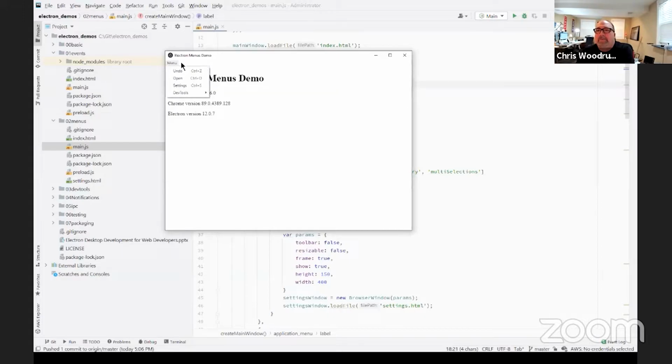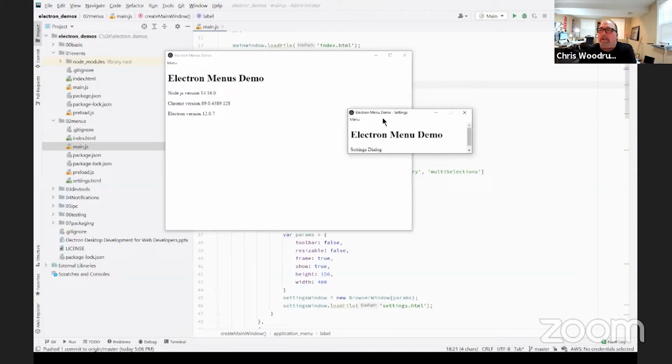I have a very simple menu with a few different menu items. I have dev tools, which I can open and close. And then I have settings. As you can see, if I click this, I have another window open up.